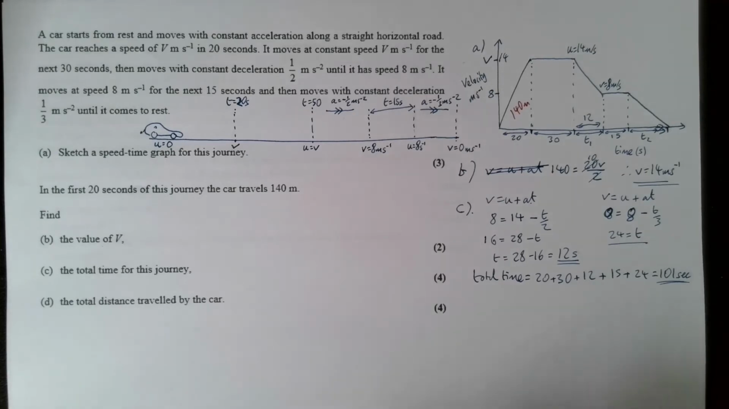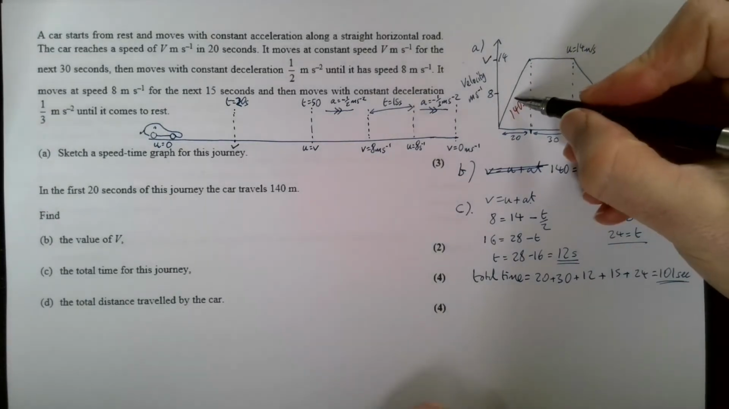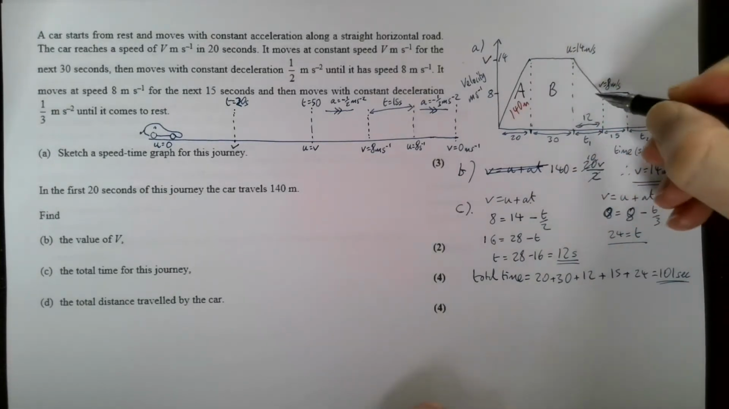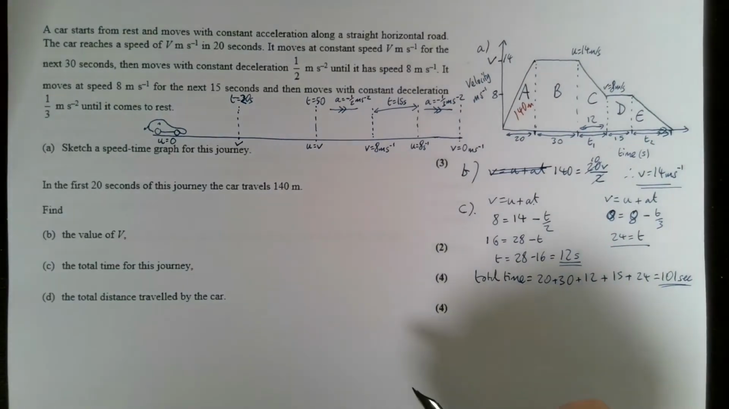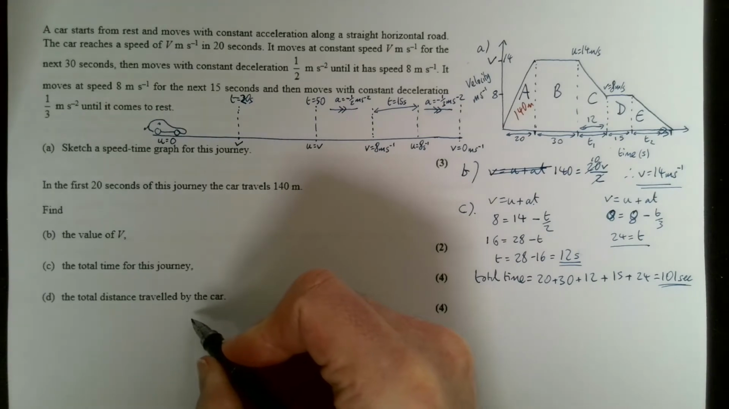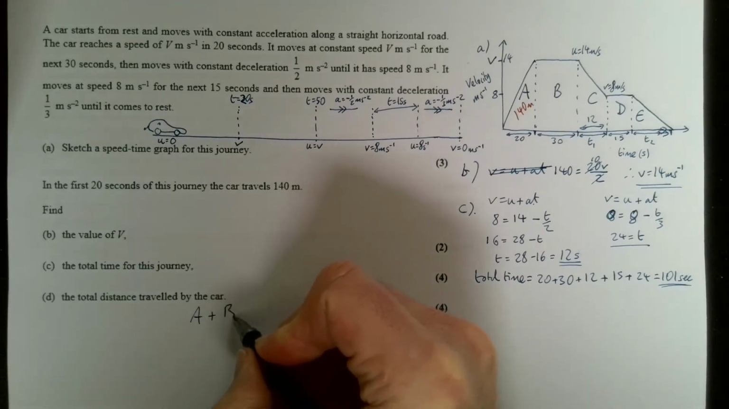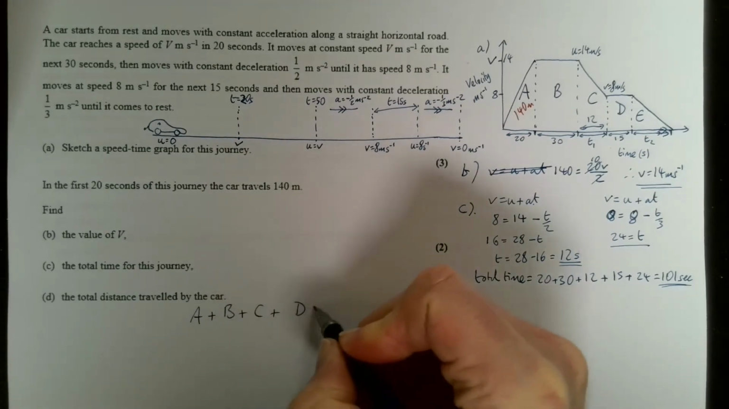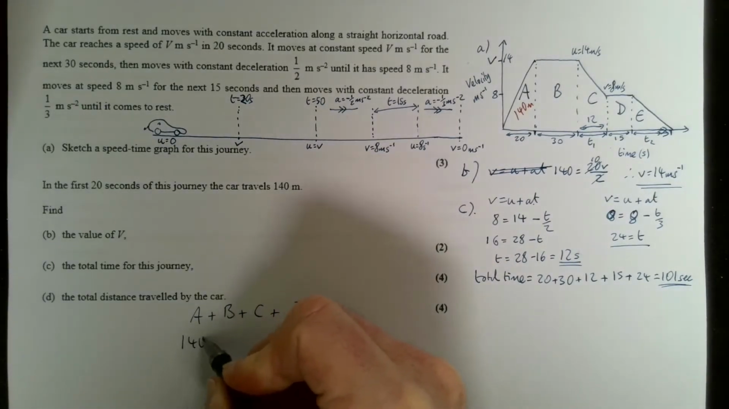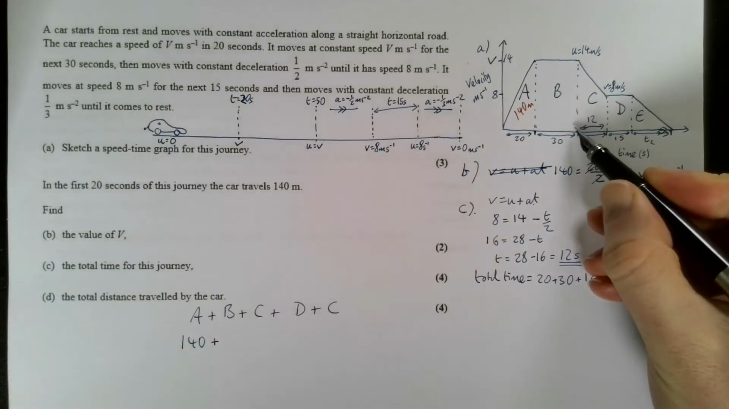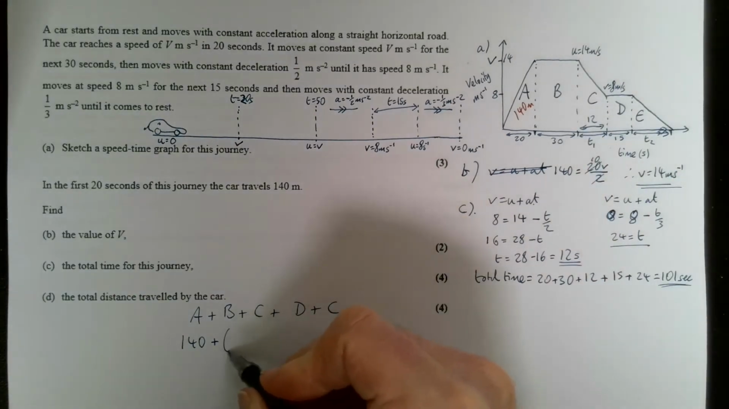Right, so finally the total distance. Well, the distance is going to be the area under the graph. So if I call the 5 different regions A, B, C, D and E, it's going to be A plus B plus C plus D plus E. We know A is 140, B, just area of a rectangle, 30 times 14,